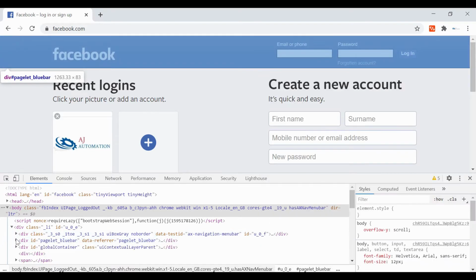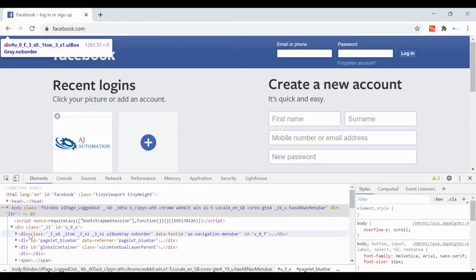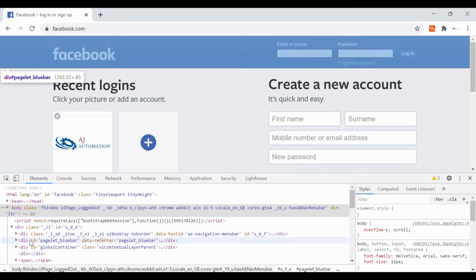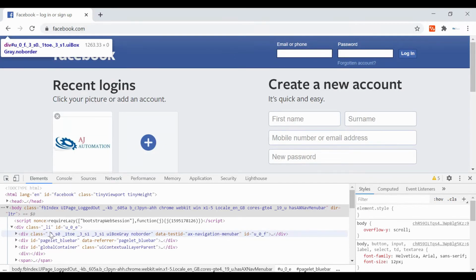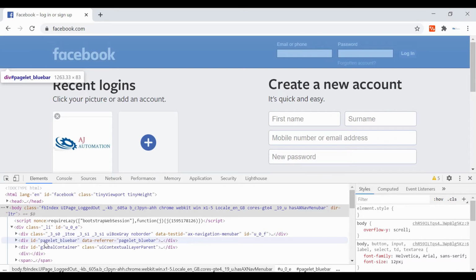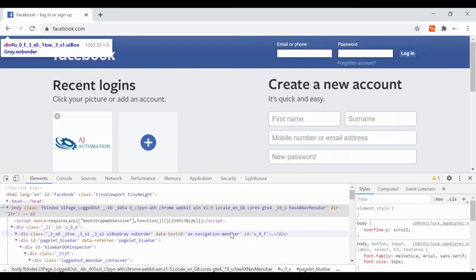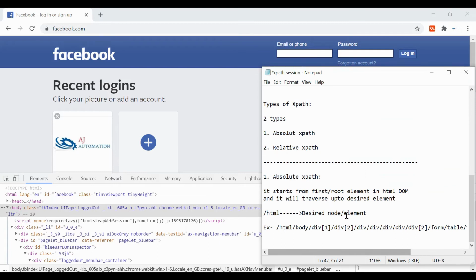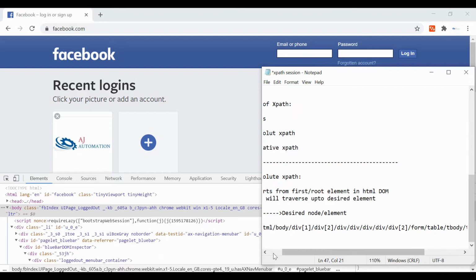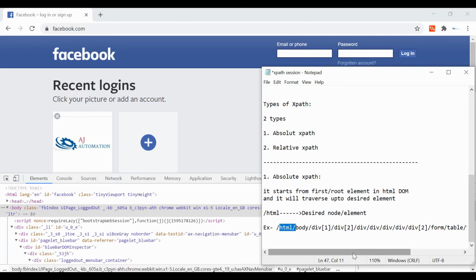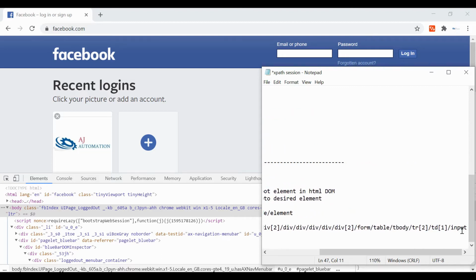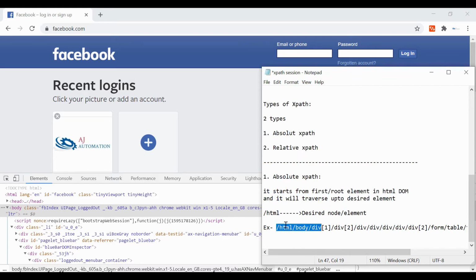In the first it is not highlighting, in the second it is highlighting this row, which means it is somewhere inside the second. Likewise, absolute XPath uses different nodes and tags right from the first HTML tag, and travels until we get to the input tag. This is our desired element. So it starts from HTML and goes to the desired node or element.